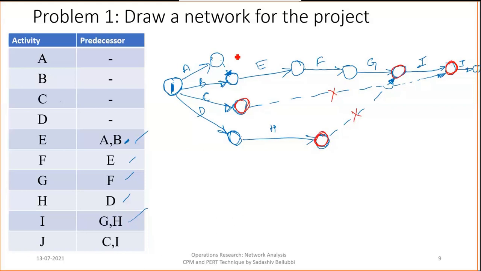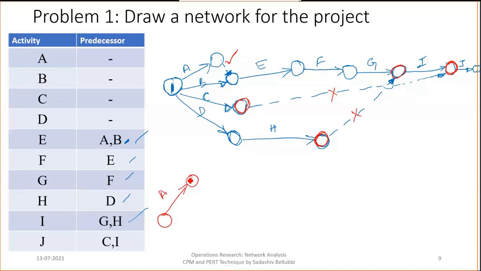We cannot remove this because A and B are starting at the same point as well as finishing at the same point. So we cannot remove that dummy. So let it be as it is. Okay, now the final one, we can draw it again clearly because we need to remove the two dummy activities. Okay, now this is A.